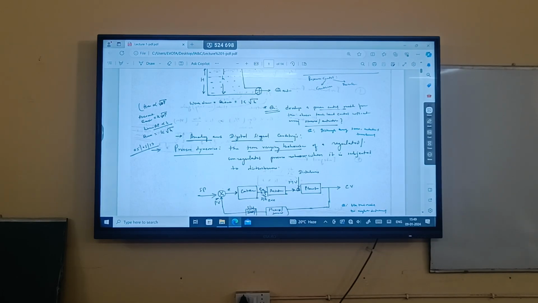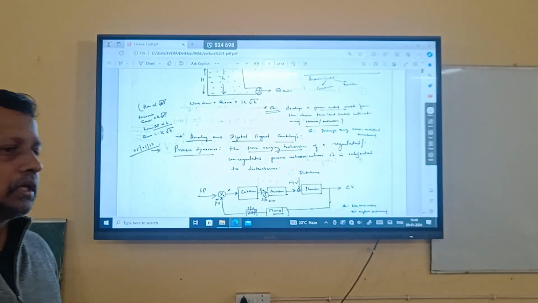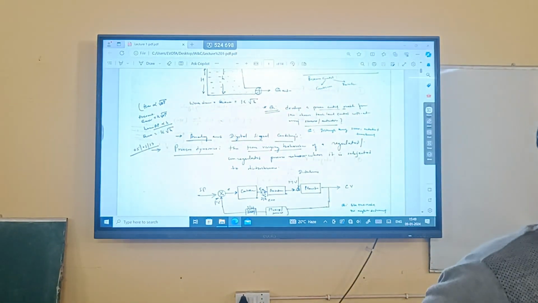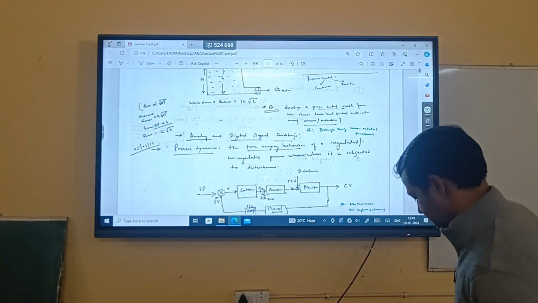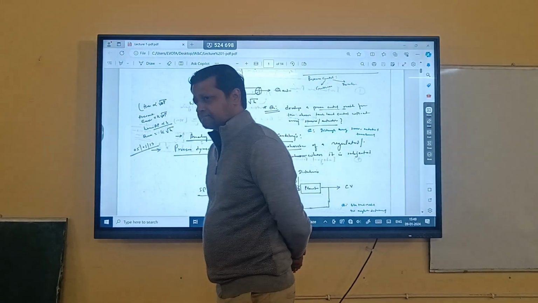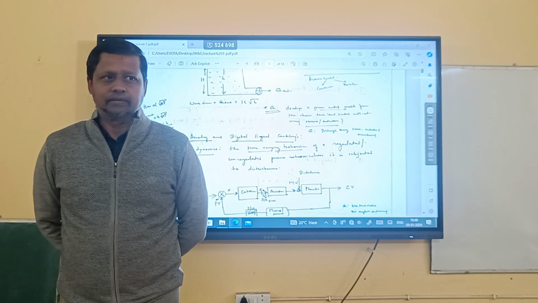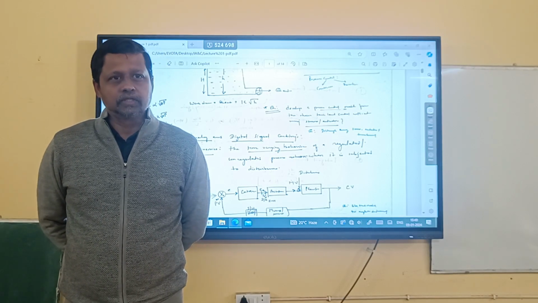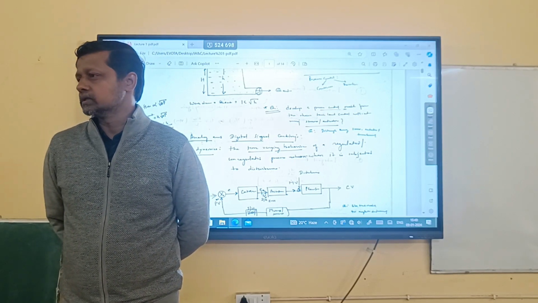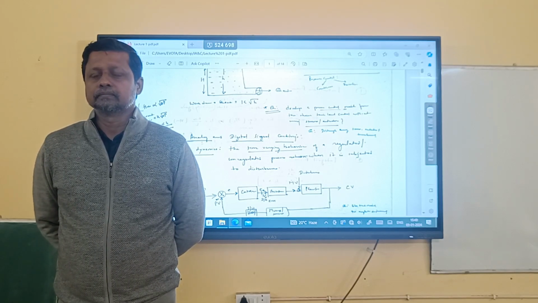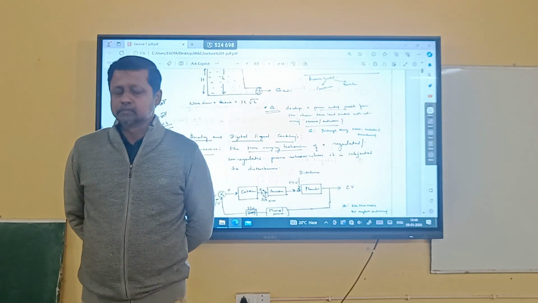So it's simple. If the input-output mechanism you are dealing with is in a continuous mode, then the process control is of continuous action. If it is discrete type, then it is discrete action. What do you think? In industry, which one will be needed? Continuous or discrete? Or both? What do you think? Continuous. One answer is continuous. Any other opinion?